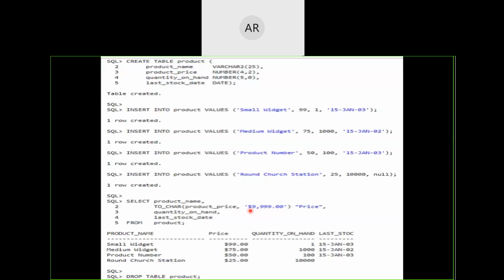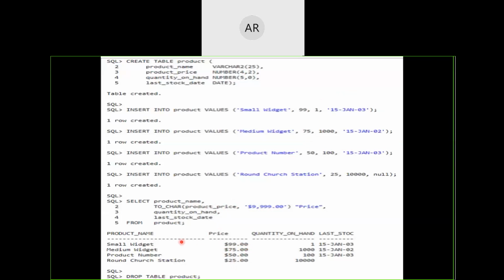For example, I mentioned here it should contain a dollar symbol for the currency, and then it should have 4 digits width. Each 9 represents one space. Four digits width with a comma after 3 digits, and there should be a decimal point, and after the decimal point, two zeros. This should be the format in which the price is printed. So 99, though it was just 99, is now displayed as $99.00.